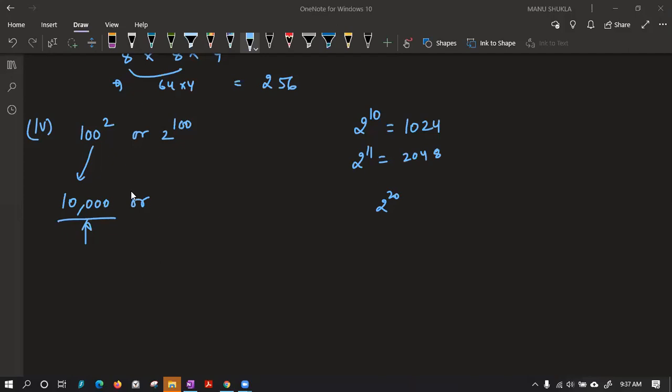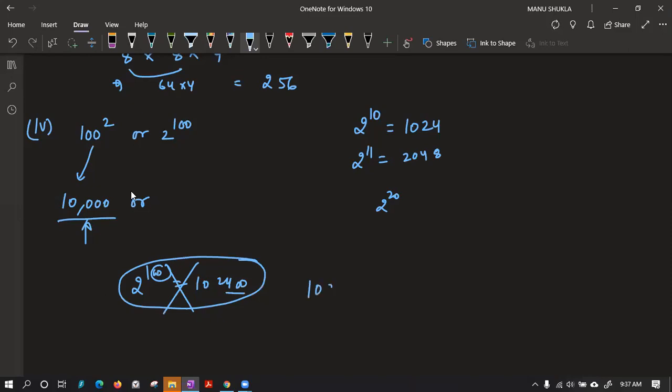No, Lavya, no. 2 power 100 is not 102400. This is wrong. We never put zeros at the end like this. You cannot say this thing. It is totally wrong. You would have to find it if you wanted, and that is quite calculative. It is not required to be found. It is only an observation that you have found that 2 power 10 is 1024. Yes, Tushita, correct.